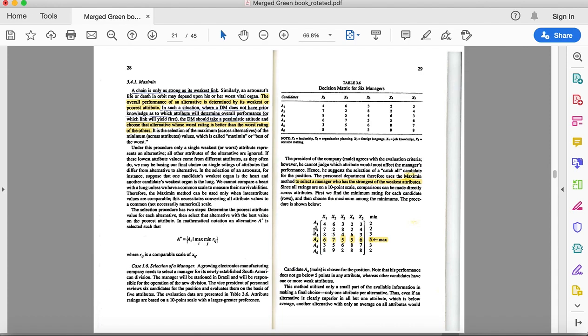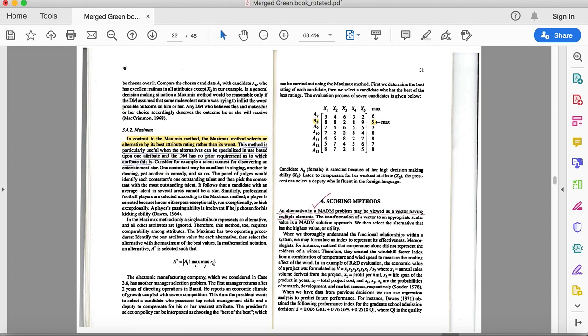So after we did that for all the alternatives, we go in that column that we created and we find the max. So it means that among the poorest or weakest attributes, alternative 4 has the highest score, highest value of that attribute. So somehow it means that A4 has the best weakest attribute, and based on that, we can select that as our optimal